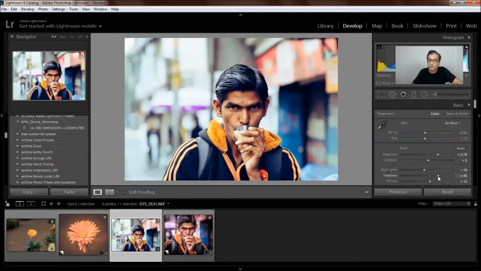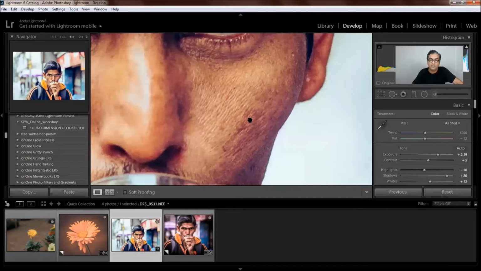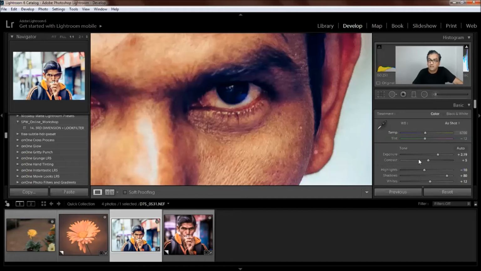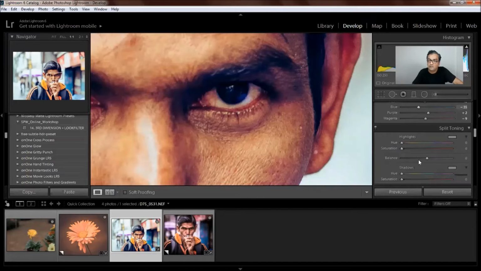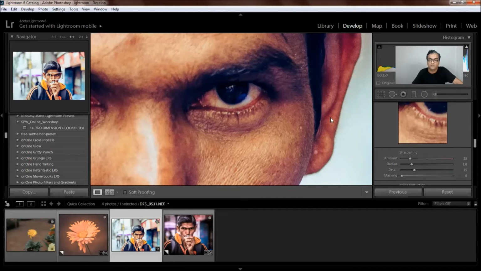I can raise the shadows. And I want to zoom in and see if it's impacting the sharpness level. It's not impacting the sharpness level. I can check whether the sharpness was adjusted or not. It's at the default 25, and noise is also at the default 0. So there is no impact on the sharpness and noise level. Be careful whenever you're working with presets. You should take care that it does not have a negative impact on the image in terms of sharpness or noise.